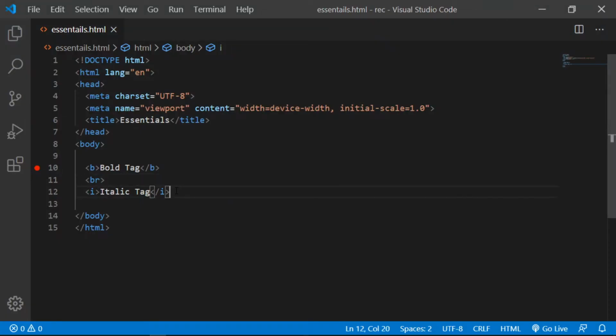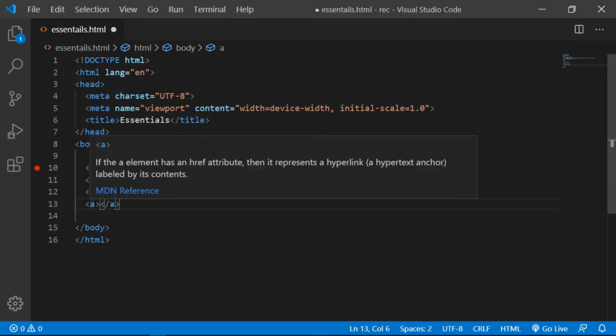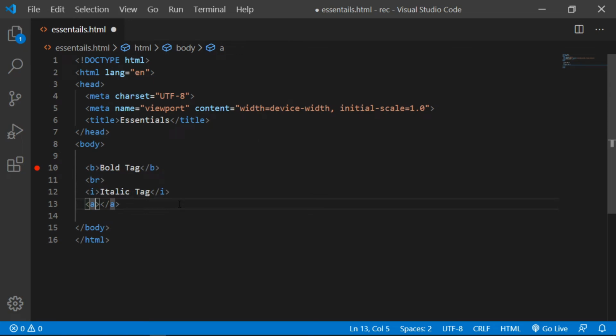Alright, so let's do the anchor tag. So I'll just type in the anchor tag. For the anchor tag, we use A as the tag name. And at this point, in HTML, there are attributes to each of the tags. One example of this is the A tag, that is the anchor tag. So for providing the website to which it should redirect, we need to specify that in our attribute, that is the href.